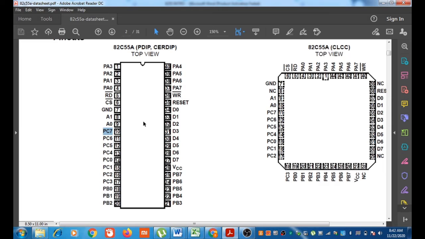This 8255A can operate in 3 modes. We will use mode 0 when timing characteristics of the I/O devices are well known. It is basic I/O or simple I/O. It does not use any handshake signals.